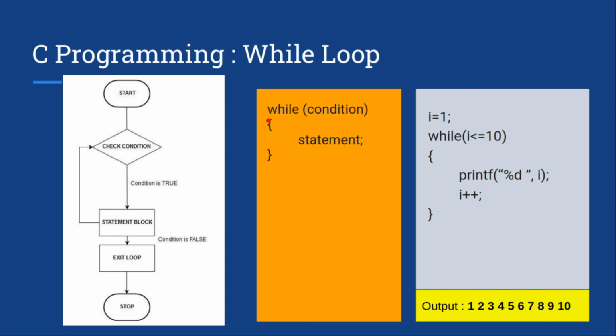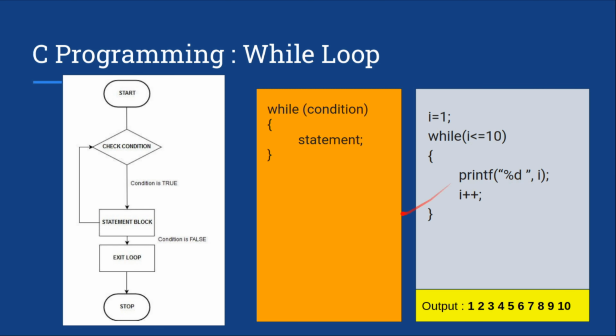So you guys can see here we have a very simple syntax of a while. We need to write while, then we have a condition, and we have a block of while where we write statements where we can increment or decrement the values in the condition. For example, we have i is equal to 1 here. So initialization is not possible in the while, and you cannot increment the value in the while also. So we have a simple condition like if. So we have while i is less than or equal to 10, which means until i is less than or equal to 10 we will keep executing this loop block.